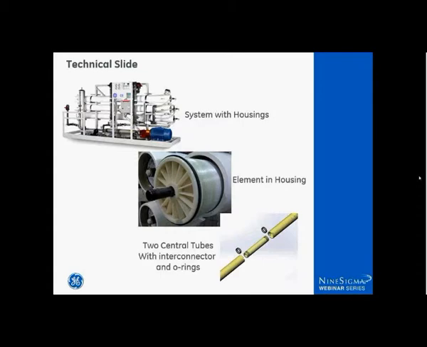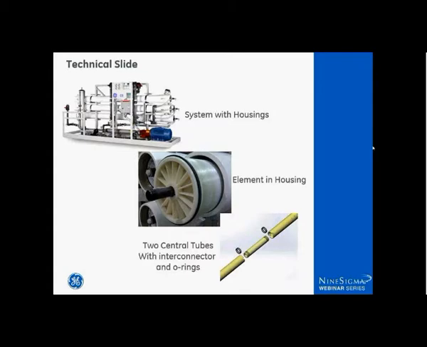When that element gets inserted into that high-pressure housing, we'll then mate to it a second spiral wound membrane element. And then the water that is purified by each of those individual elements will be conveyed from the center of the element through that plastic interconnector, through the center of the next element, through the center of the next element, until it's connected to the end of the high-pressure housing and is collected in the manifold, which collects all of the purified water. And so our challenge is to come up with a way to replace and or eliminate that